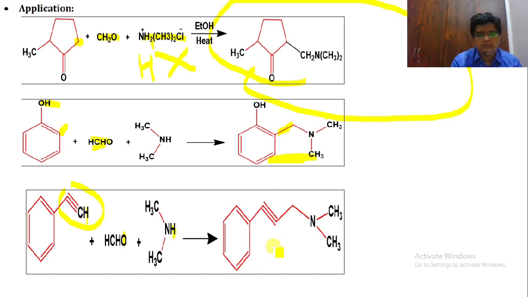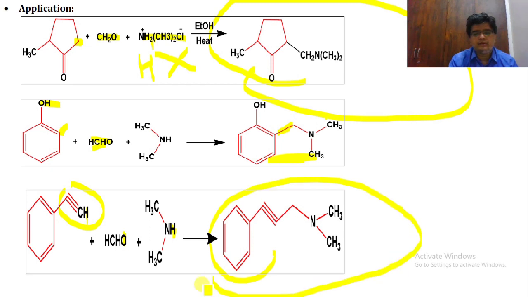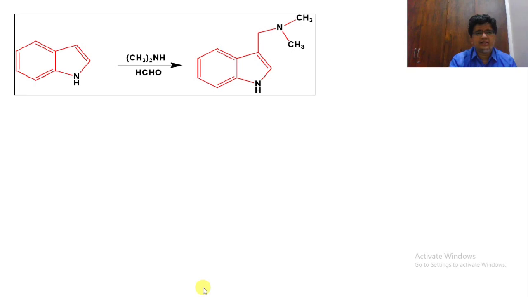You have to just join the compound and say this is our Mannich base compound. So now this is our Mannich reaction. One more example from the Mannich reaction. Suppose if we are having an indole type of structure, that is CH3 twice NH, okay, secondary amine. Here we are having a formaldehyde molecule.